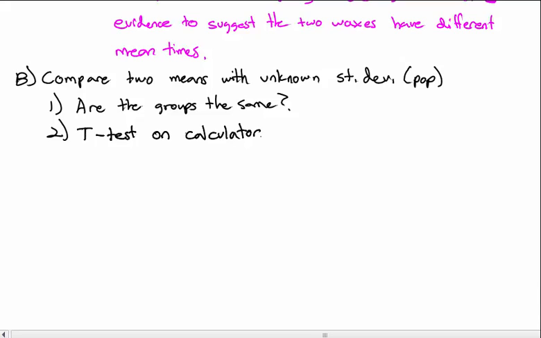Again, t-test is the only one you should be doing on the calculator. The z-test you should be doing by hand using the table. On the calculator, what we're going to use is what is called the two-sample t-test. And we'll look at that here in just a minute. For now, we're going to look at the average time